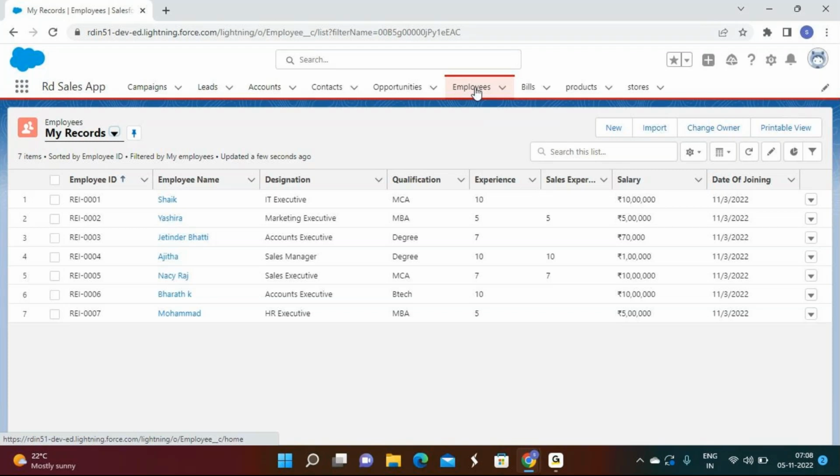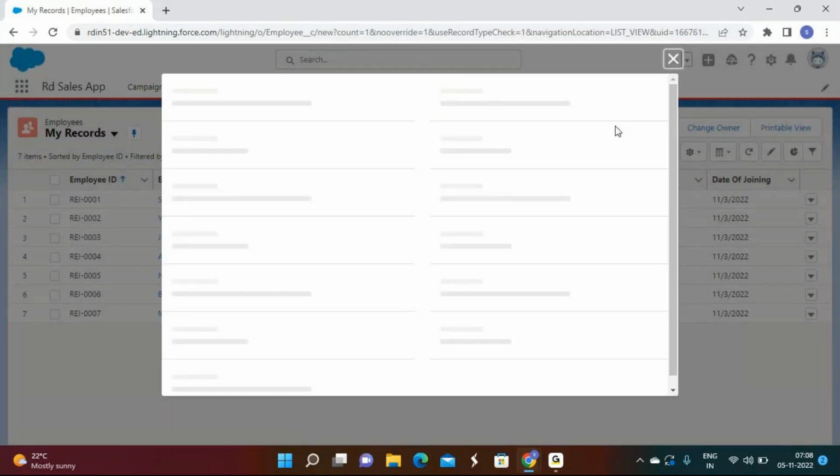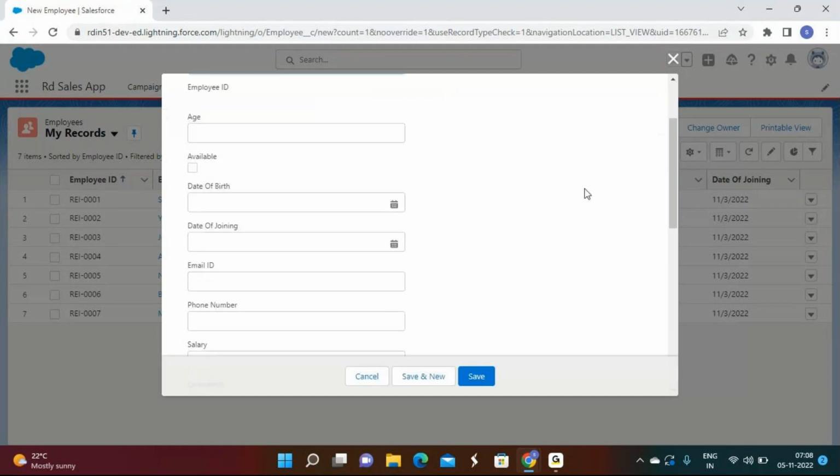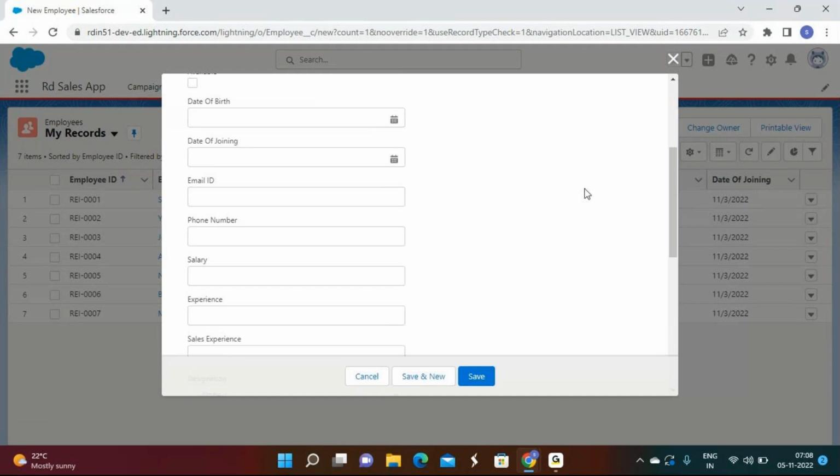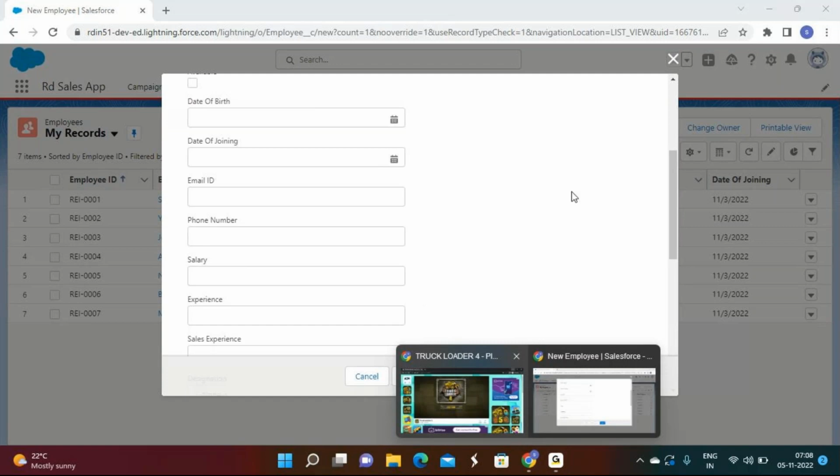So when the user is trying to create a record, when you click new, he will be getting some field access here, right? On the layout. This is what a page layout is. So what is a page layout? A page layout is nothing but